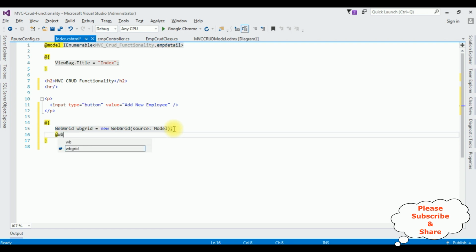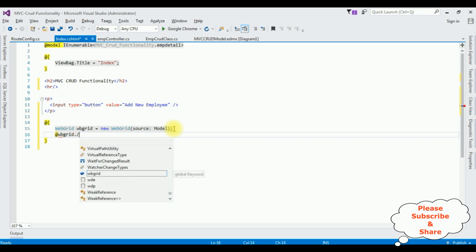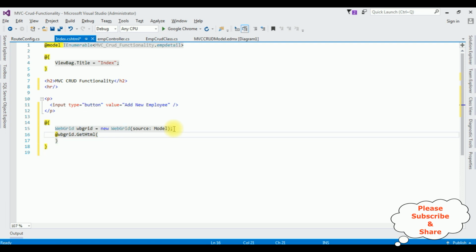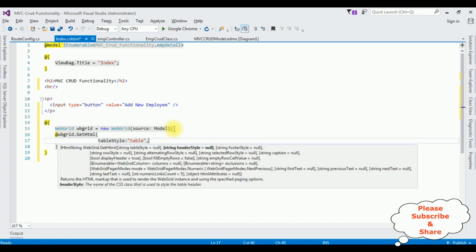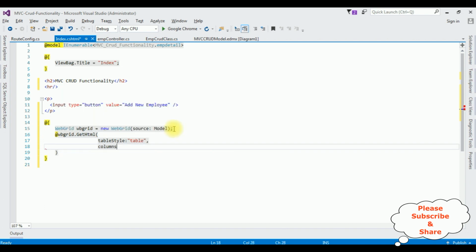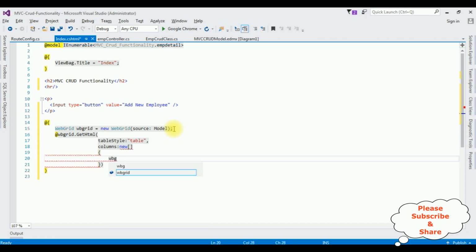Then @wbgrid.GetHtml, table style attribute. I'm adding tableStyle, comma, columns, new array, wbgrid.Column,